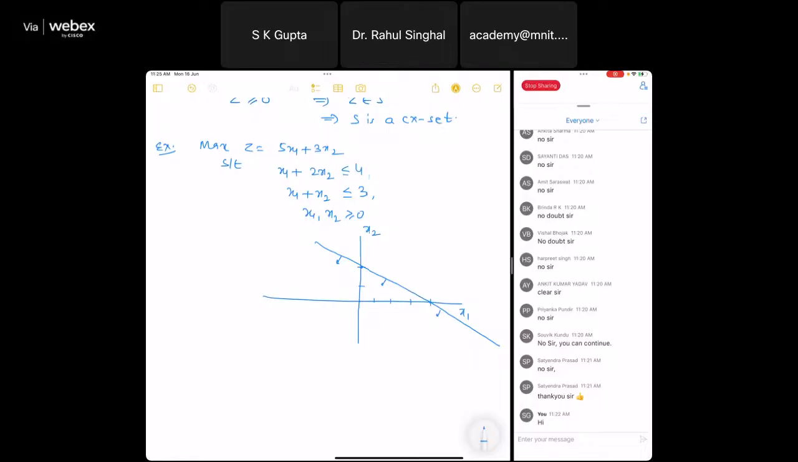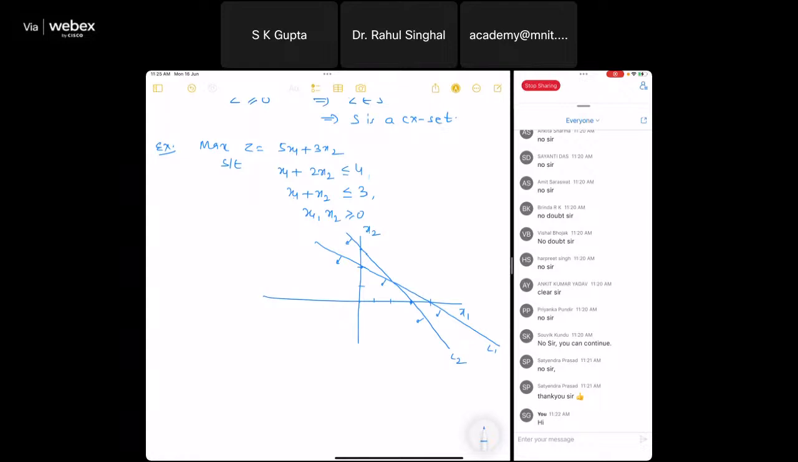And you plot this line. So this is the second line, right? So this is L1 and this is L2. And again, you take 0 0 as one point and you put 0 plus 0 less than equal to 3. That means true, so that means shade toward origin, right? And x1, x2 should be non-negative also, and non-negative only in the first quadrant. So this means this is your feasible region,